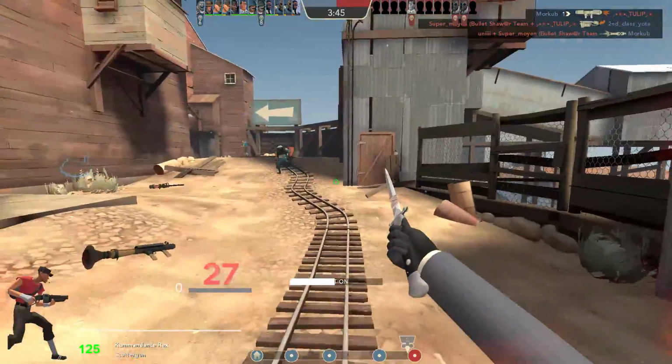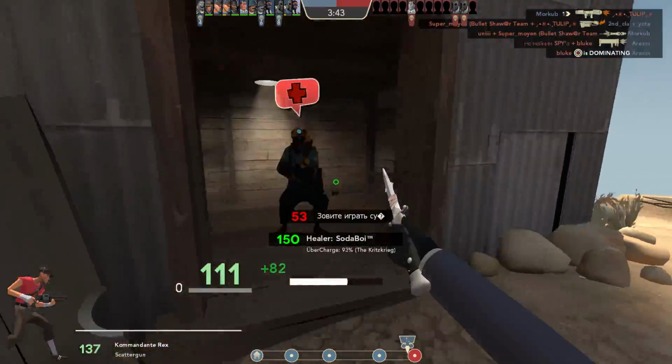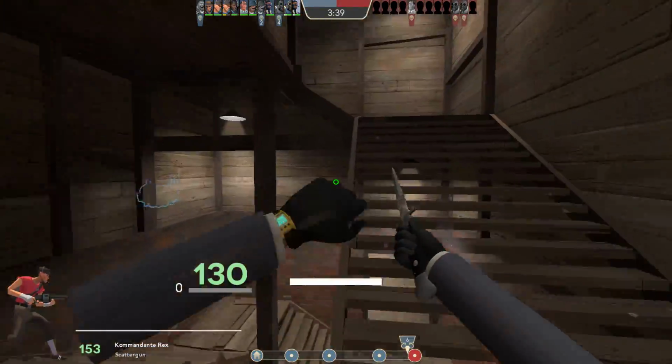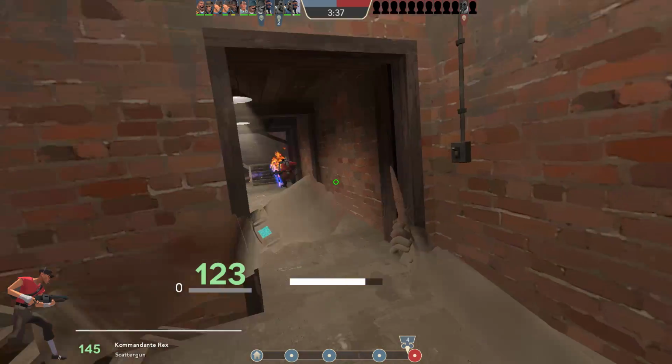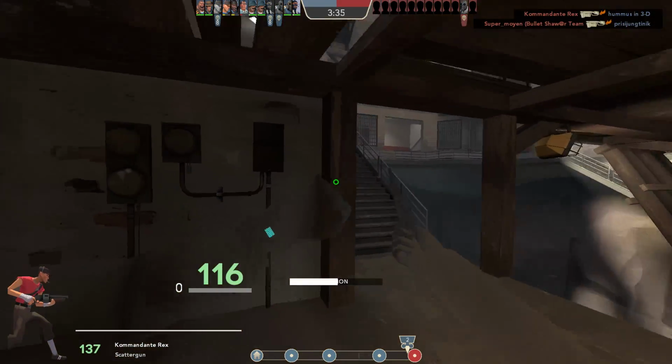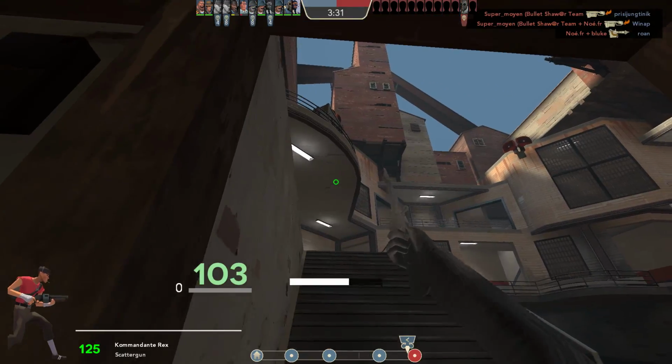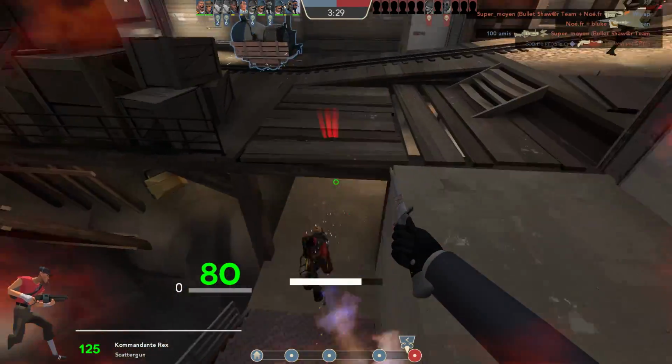Medic, I would love a heal, my friend. Thank you. Very good Soda Popper, thank you. So what I'm going to do is ignore those Pyros and go around them this way. Let's have a little peek around the corner. There's the medic we want to kill. So we're going to decloak immediately because no one's looking at us and see if we can get a...